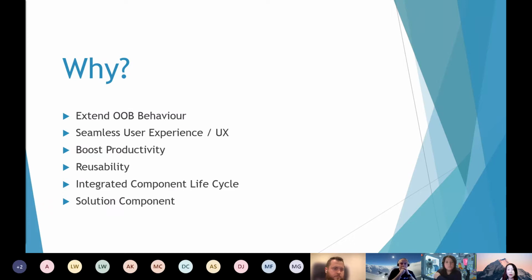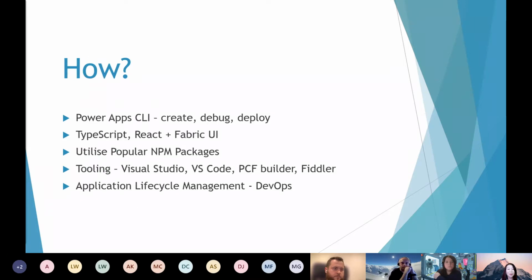So how do I go about building one of these things? We have the Power Apps CLI that Microsoft provided, which basically exposes the scaffolding, creation, debugging and deploying of the PCF control. It also comes with a test harness for you to debug the control locally. As a developer building one of these things, you'll need to know TypeScript. Also, depending on your need, you might use React, Fabric UI, and any other NPM packages that you can think of.